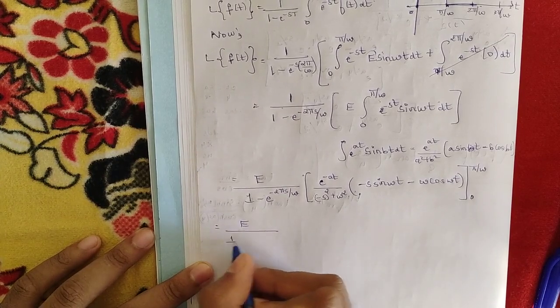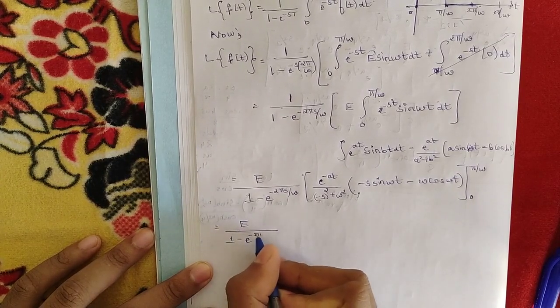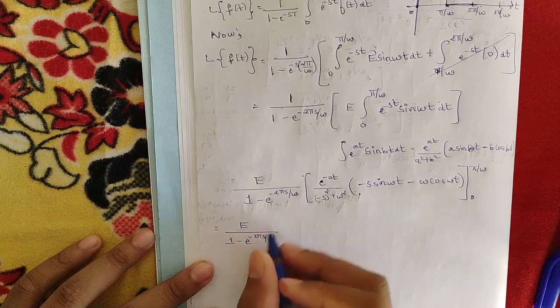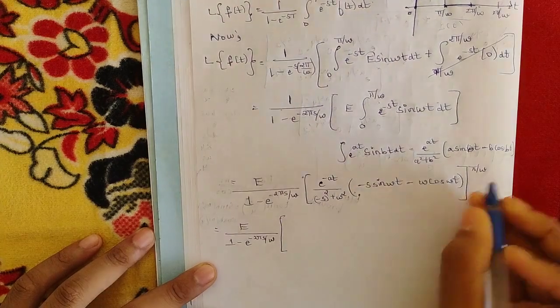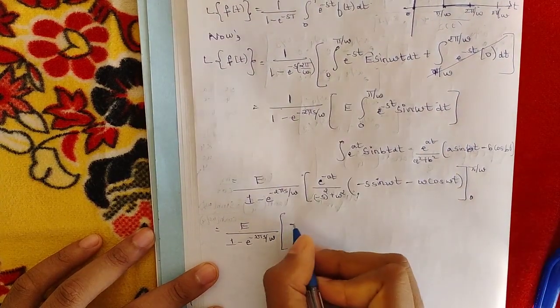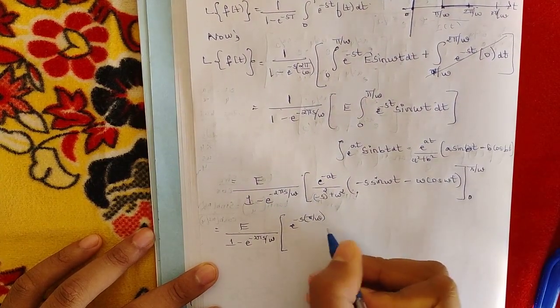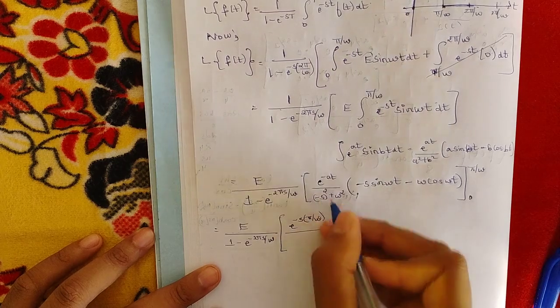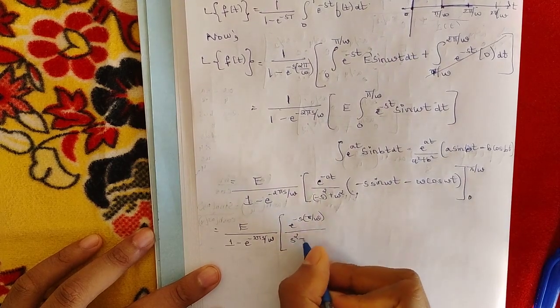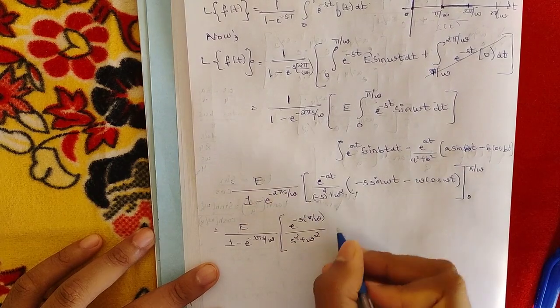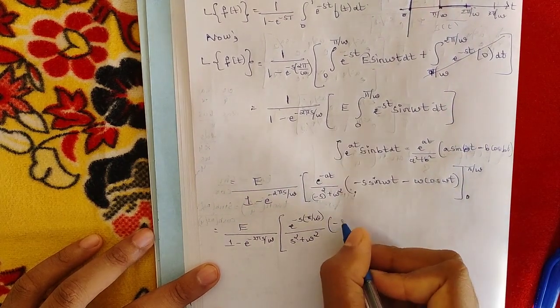E divided by 1 minus e to the power minus 2 pi s by omega. Upper limit is pi by omega, so e to the power minus s, in place of t you put pi by omega, divided by minus s the whole square is s square plus omega square into minus s